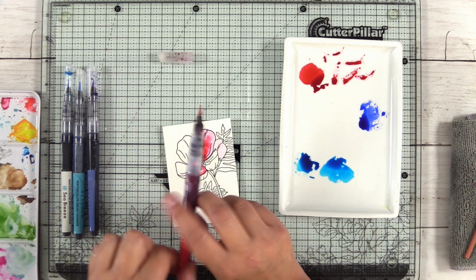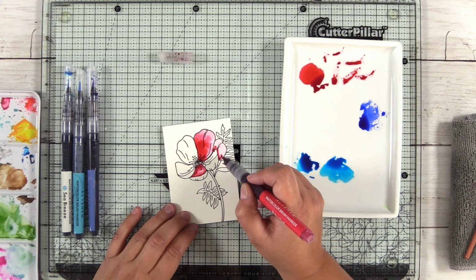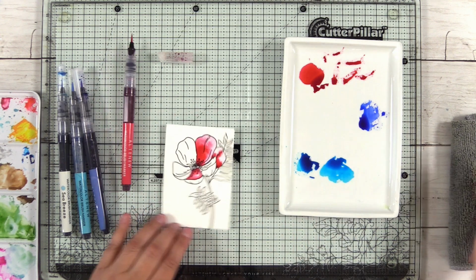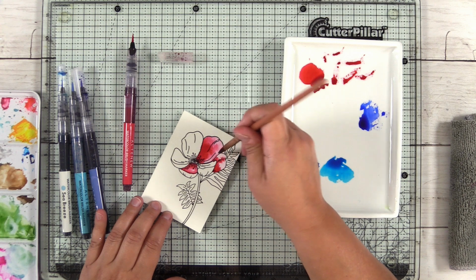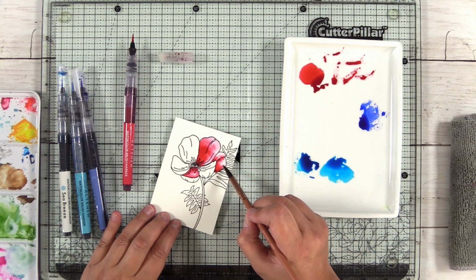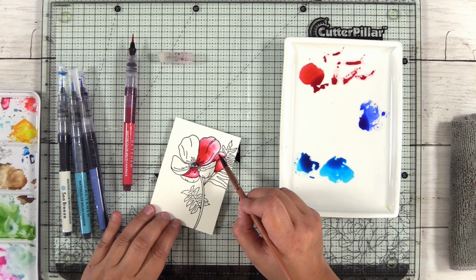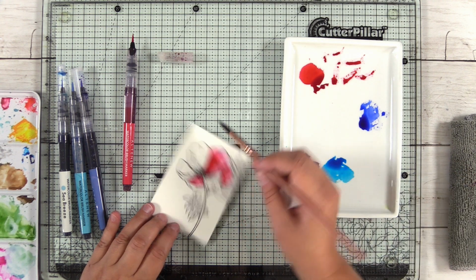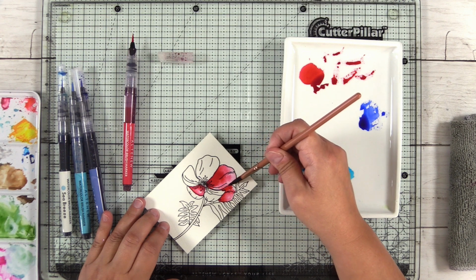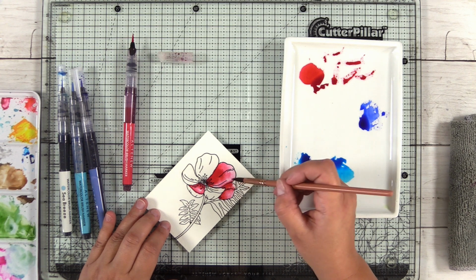Now here I'm making a mistake. That petal to the left of it is wet, and you can see that as soon as I put this pigment down, it started to bleed into the petal to the left. You really need to make sure that you let the adjacent petal dry before you paint the one next to it so that you don't get this bleeding. That's how you're going to avoid that. But you know what? I'm already here, so I'm just going to keep going with it. You'll see that it'll bleed in there a couple times. Look, I'm even trying to add shadow here. It's not a very good method, you guys. It's not good decision making skills here, but it does give me a good opportunity to show you how to